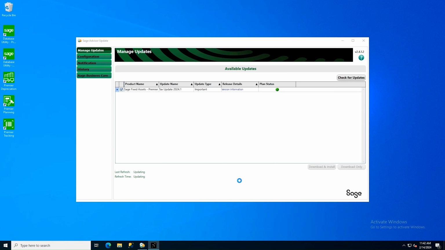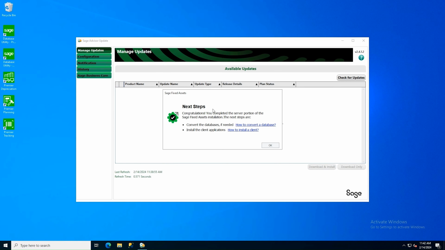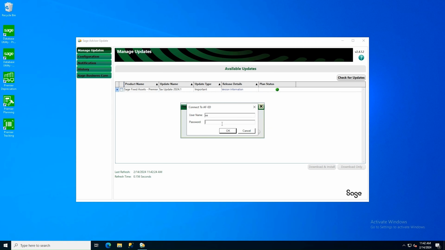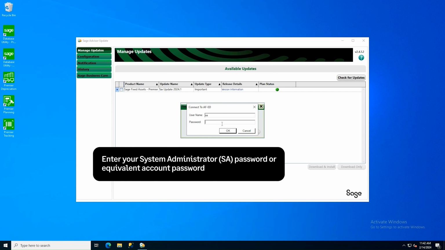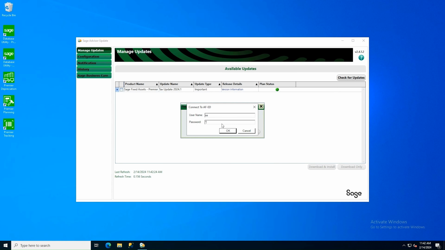The next thing that will happen is the database utility will run. Of course, you'll get this message that shows you the next steps and also how to install the client. So I'm going to click OK. Now I am going to enter my SA password. You either need to have the SA password or an equivalent account that is equal to SA. So now I will enter that SA account